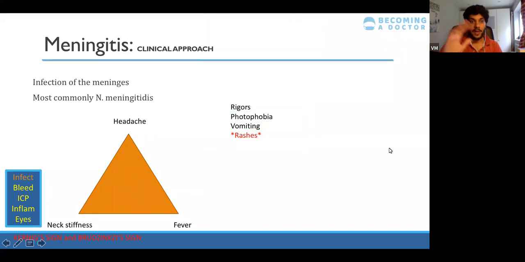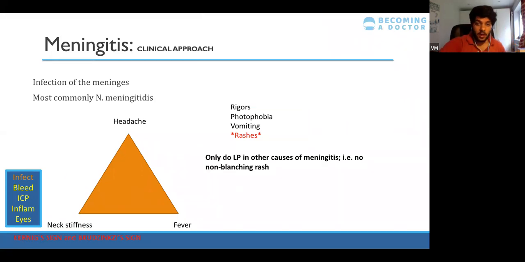Okay, back to meningitis. Meningitis is an infection of the meninges. So we've asked about these sorts of symptoms. There are other causes of meningitis for which, in order to find out the causative agent causing this infection, you would like to do a lumbar puncture. But often in MCQs, there might be some clues in the clinical vignette which might tell you otherwise